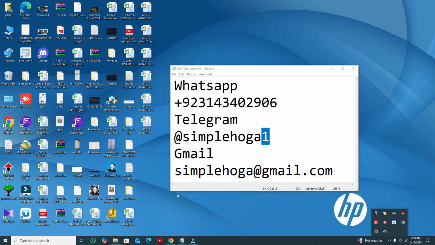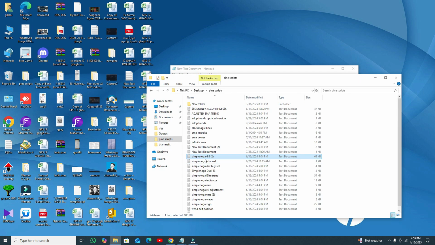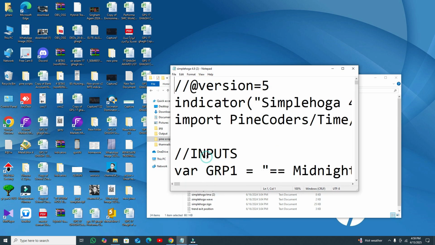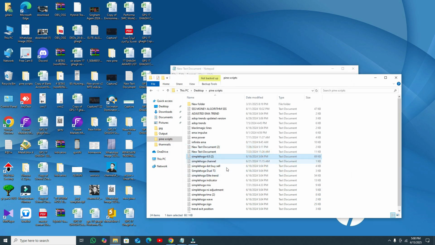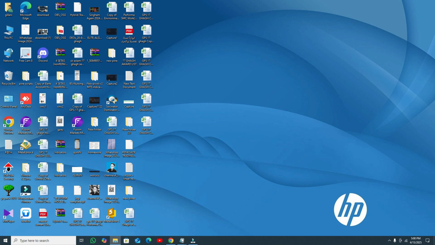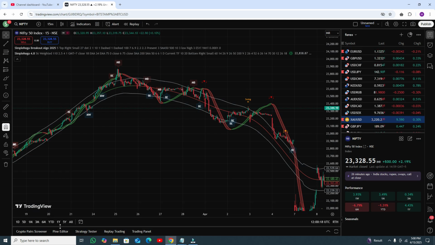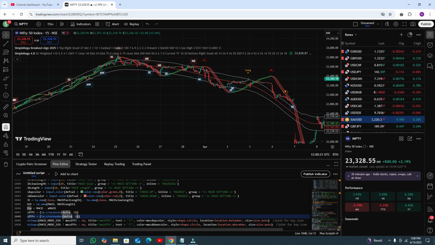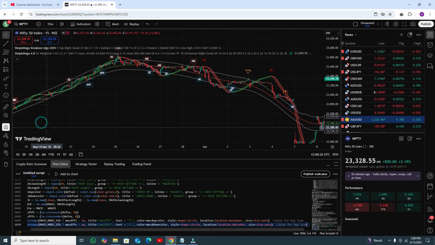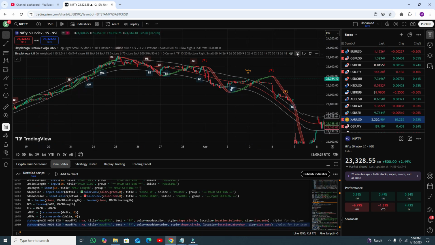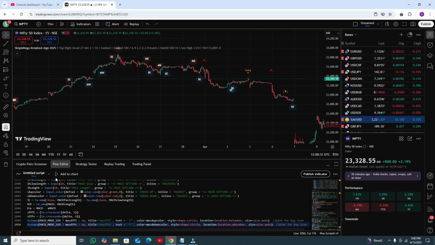And how you can add the indicator in your TradingView chart, let me show you. It's very simple. Just go to the indicator, Control A, Control C, copy my code. I will provide you the text file. You need to copy the code, then go to the Pine Editor. Oh sorry, in your TradingView chart, let me show you, it's not working. Go to the Pine Editor, Control A, remove all the code first. There must be no code, then paste my code, and then I simply need to remove this one first, and then click on add to chart.